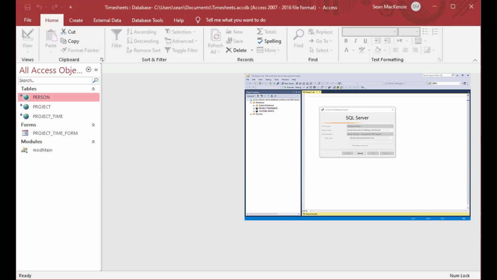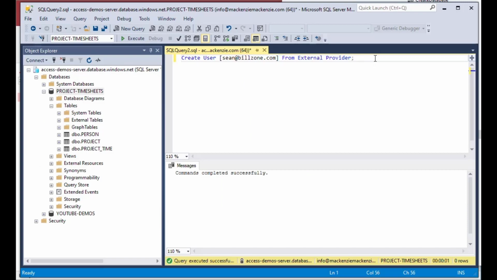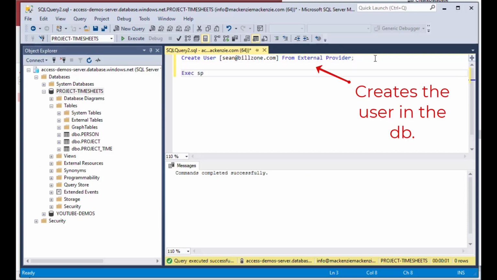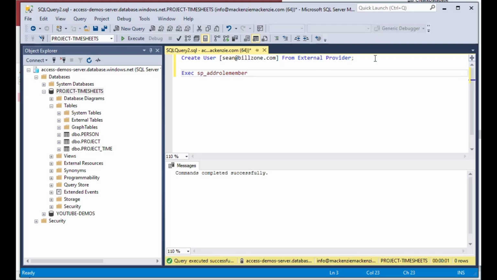So as you can see, we're still being denied select on that table, but now what we can do is, first of all, use the create user statement that's going to create the user billzone.com in our project timesheets database,